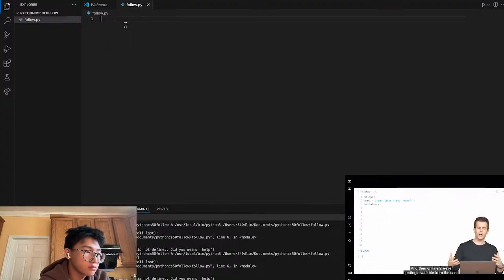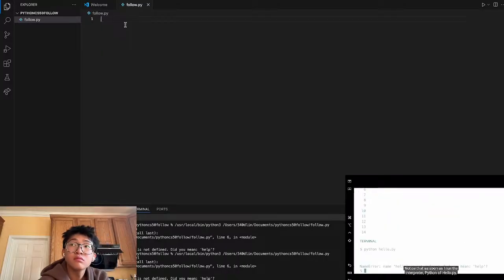And then on line 2, we're getting a variable from the user by typing in their name, and then we're calling hello, passing in that value. Well, at this point, I can just take for granted that hello exists, even if it's way down further in the file, or as we'll see in future weeks, even if it's in a different file altogether. But there's a problem here. And let me go ahead and run this version of hello.py. Notice that as soon as I run the interpreter, python of hello.py,